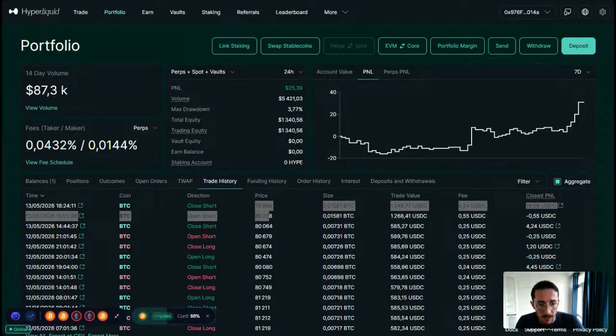Then when you build a system, you end up with some results, and you tweak the indicators here and there in order to get a good backtest. It's going to tell you, okay, this strategy entered 100 or 1,000 trades in the last 1 or 2 years, and the overall profit, if you had a portfolio initially of, I don't know, $1,000, might be $2,000, $3,000, etc. So that's the first step. You need to build the backtest system that you can trust. It takes a lot of time, and you also need to make sure it's reliable.